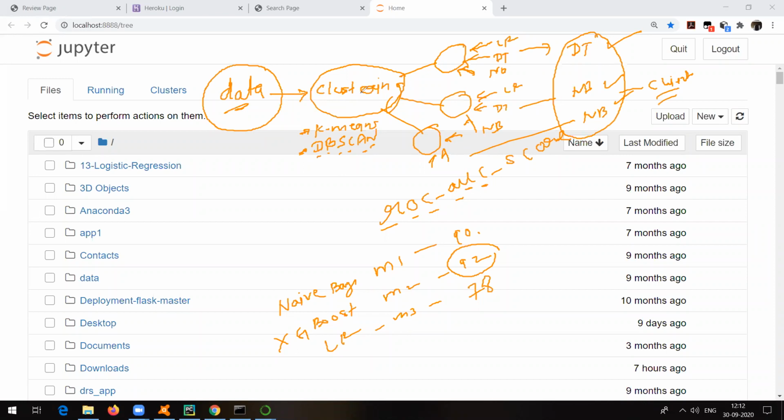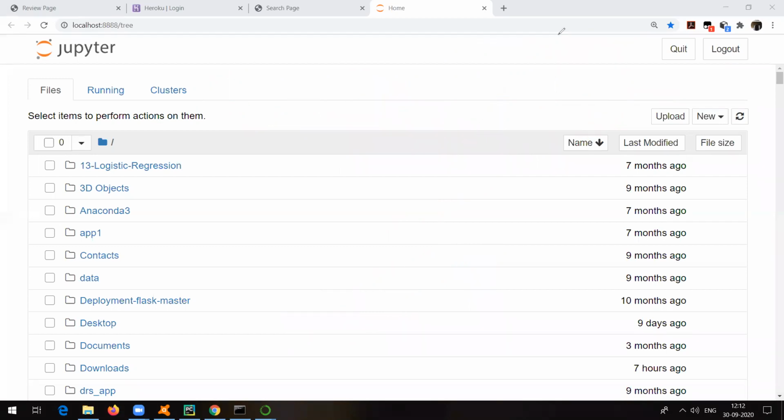In short, I am just trying to tell you, obviously this step is going to require time, this step is going to require time, and this one also. All the things like pre-processing, statistics, hypothesis, definitely they are going to come into the picture, right? So I will try to show you another project which is a complete end-to-end project. Again, those people who are interested.